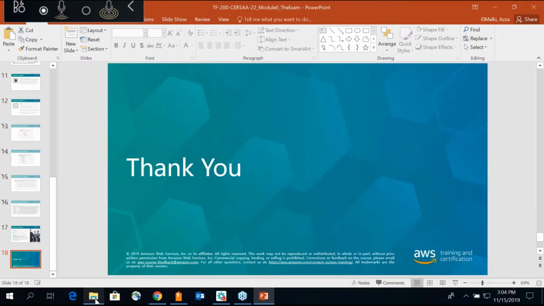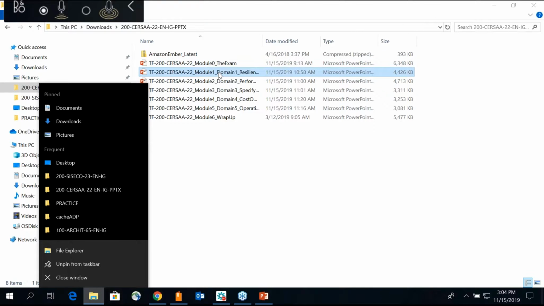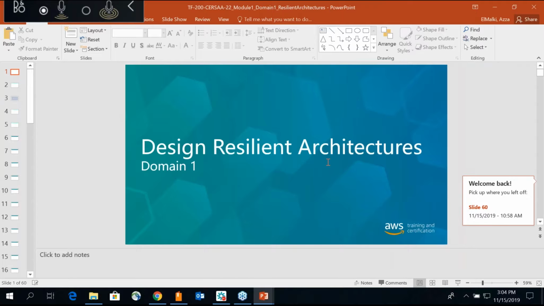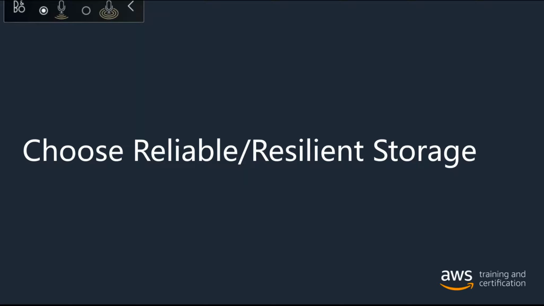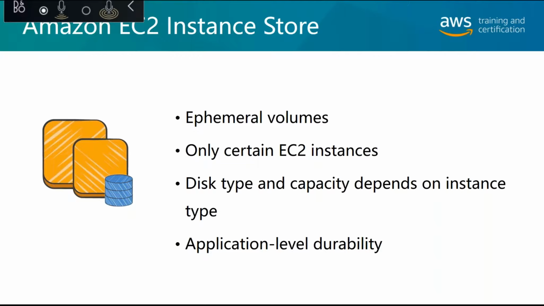Now, let's go directly into the first domain of the exam. So we're going to go to domain 1, and domain 1 is about resilient architectures. So what do you need to know for domain 1? We're going to talk about a bit of storage, about decoupling, and look at high availability, fault tolerant in a multi-tier architecture solution. So we start off, just make sure that you know the difference between instance store and